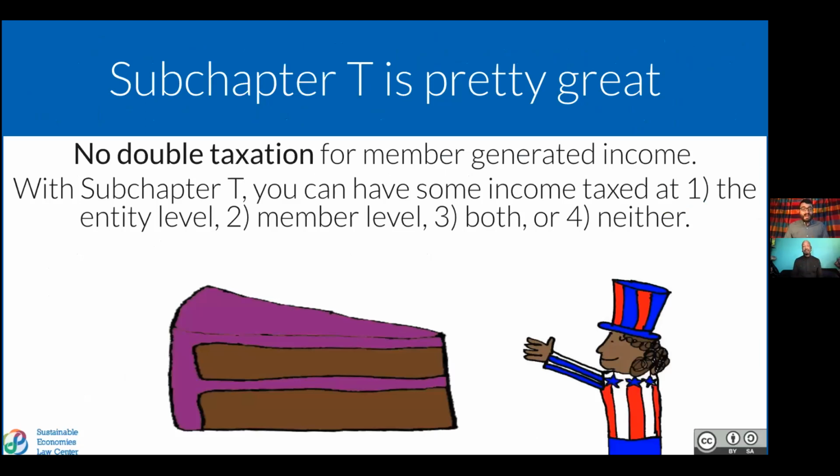Another good thing about forming a cooperative corporation in California is that it's a lot easier to get this tax status called Subchapter T, which is pretty great. What that allows you to do is to not be double taxed at the corporate level. So your company and your worker members hopefully can receive more of that income, and it won't be taxed twice. It'll only be taxed once when you receive it as a patronage dividend at the end of the year.